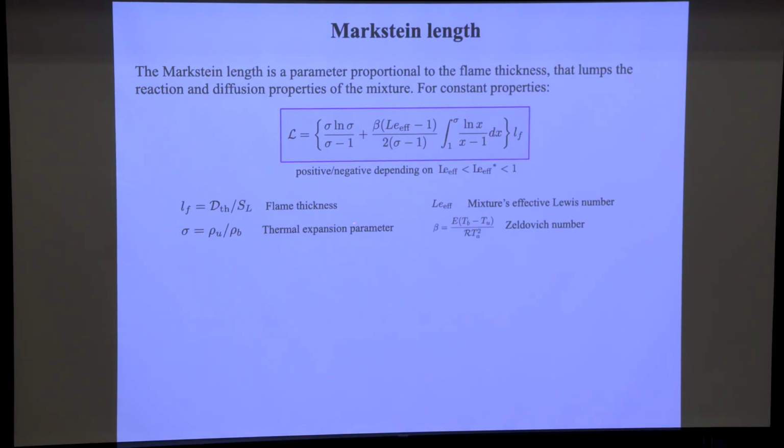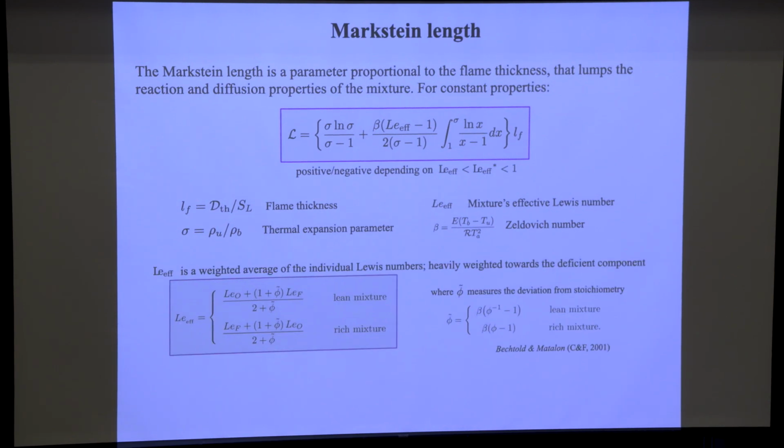The other parameter in here is just the Zeldovich number, which is defined here. And this expression is good for constant properties. I will just flash later the equation for non-constant properties. Now, what is the effective Lewis number? The effective Lewis number turned out from the derivation to be